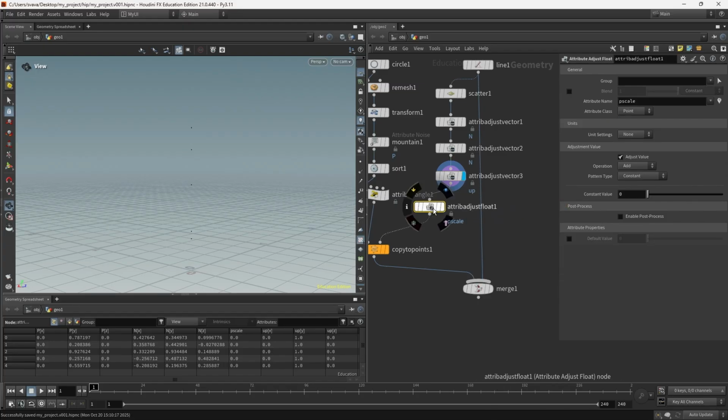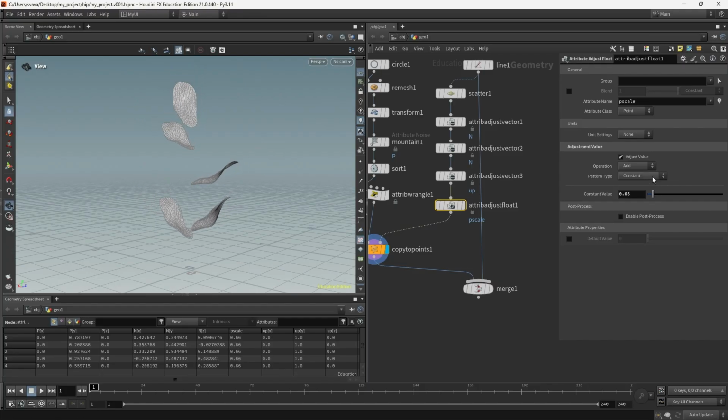And as you put it down, you can see that the attribute name is already pscale. And if you move the blue flag to the copy to points node now, you can see the leaves have disappeared. And that is because the pscale attribute value is 0. So let's increase it.